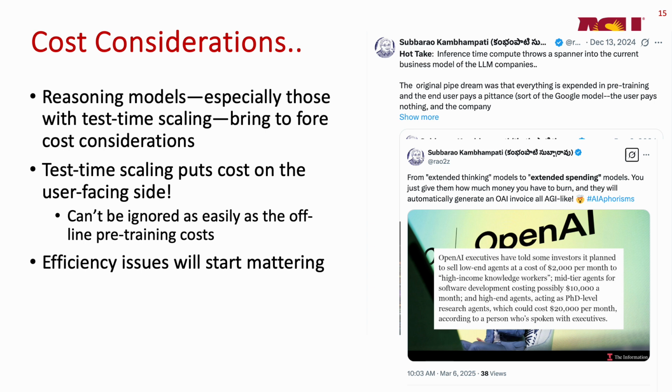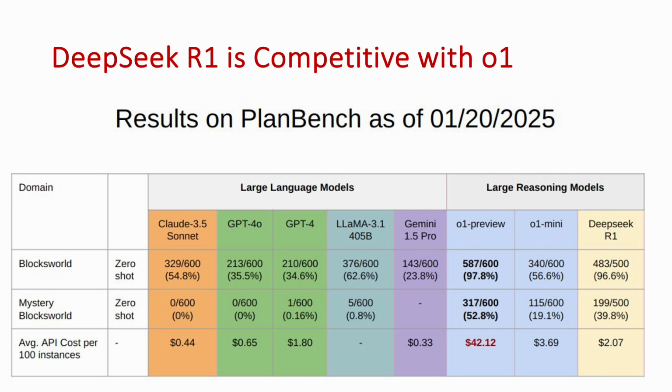And in general, cost considerations are likely to change the market, considerations for the use of these kinds of systems. Again, people are cutting down the cost, and the major companies are cutting down the cost for access, but this seemed like very important at the particular time. DeepSeek-R1, that paper also contains DeepSeek-R1 results, but DeepSeek-R1 actually is not as good as O1 Preview and O1, but it was completely competitive, and it was significantly cheaper.